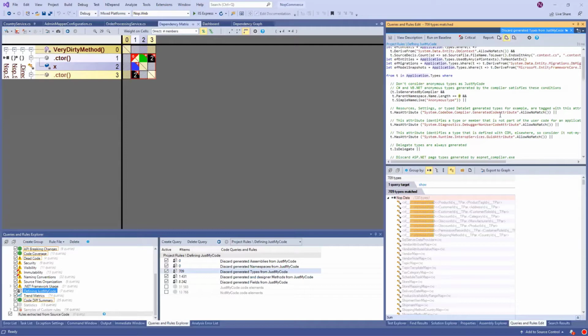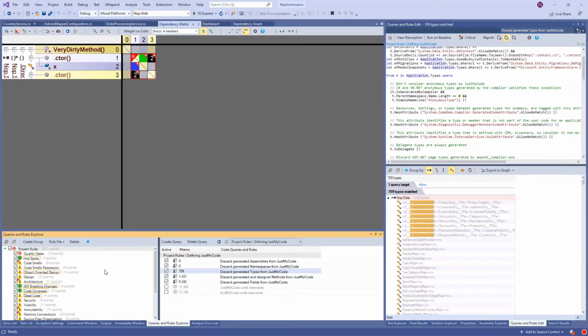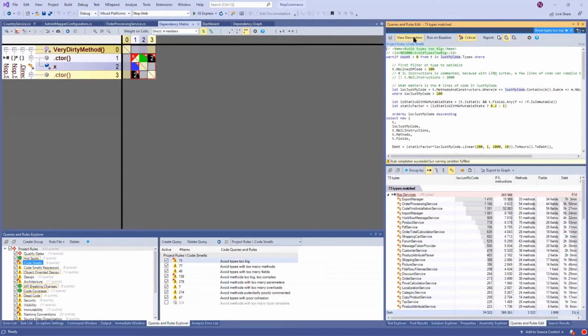So why is it important? Because the primary thing you want when you are using this kind of tool is that the rules don't report false positives. So a rule, as you understood, maybe I wasn't clear enough, is just a code query again, so I can see the description or the code of the rule.